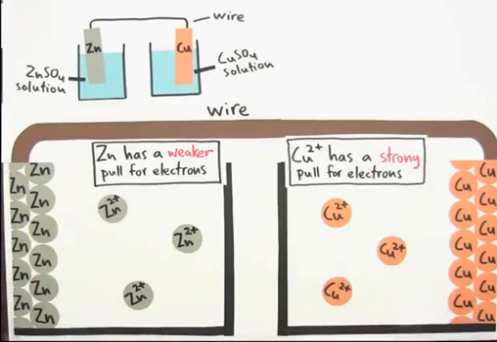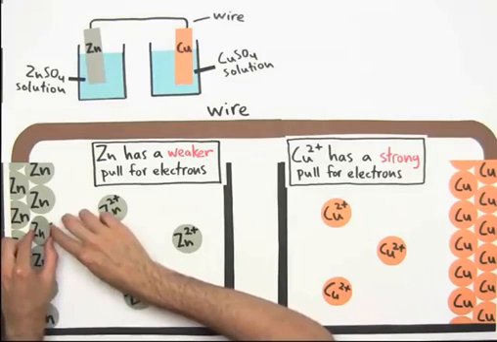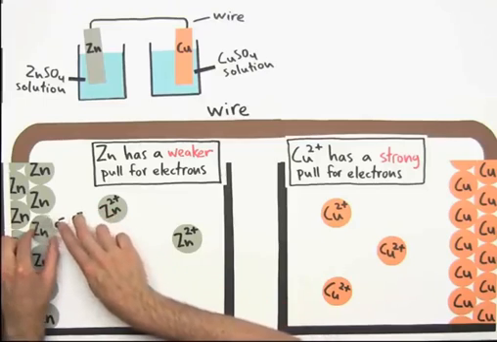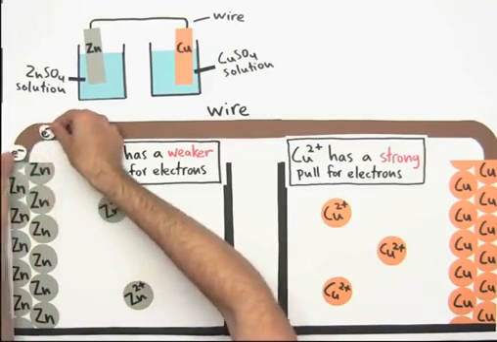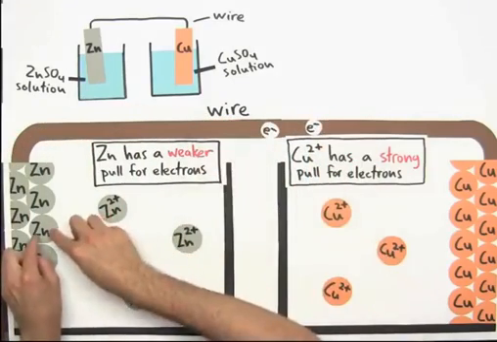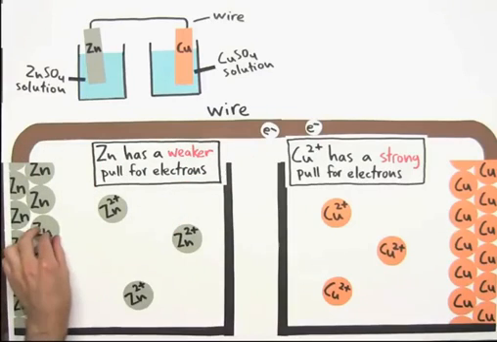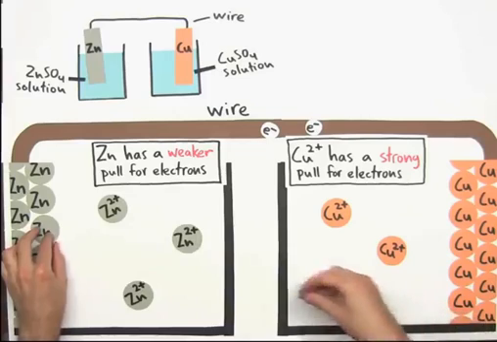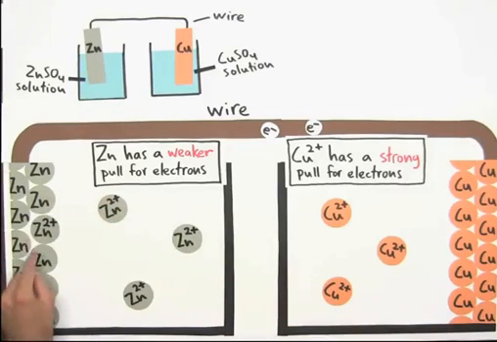And zinc's kind of weak, so it's like, oh, okay. And what happens is, let's say this zinc atom here gives away 2 of its electrons. And these electrons enter the wire and move towards the copper. Now, when zinc gives away those 2 electrons, it causes its charge to change. It's lost 2 electrons, so it gets a positive charge, and it becomes